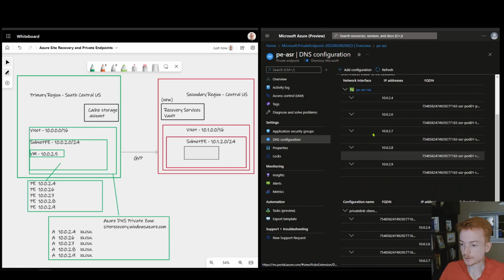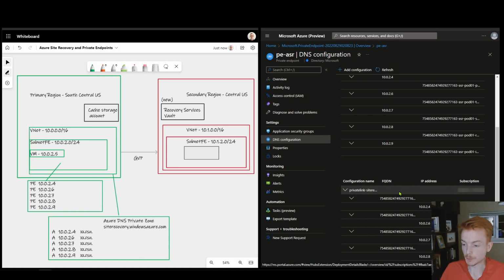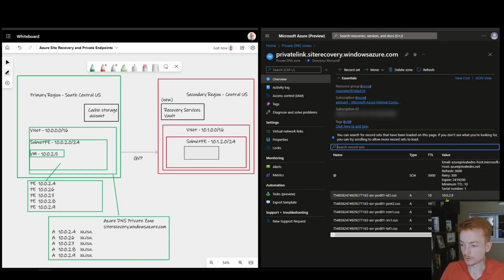Here's my private endpoint. You see by default it gets associated with 5 of these FQDNs, as the documentation says. And if we look inside of the associated private DNS zone, we can see that the 5 separate private endpoints all get associated with FQDNs that have got this syntax of .cus for central US being my target region here, with a unique identifier at the start, and then a type here representing kind of what they're doing in respect to the ASR microservices. So the full FQDN would be this full string here,